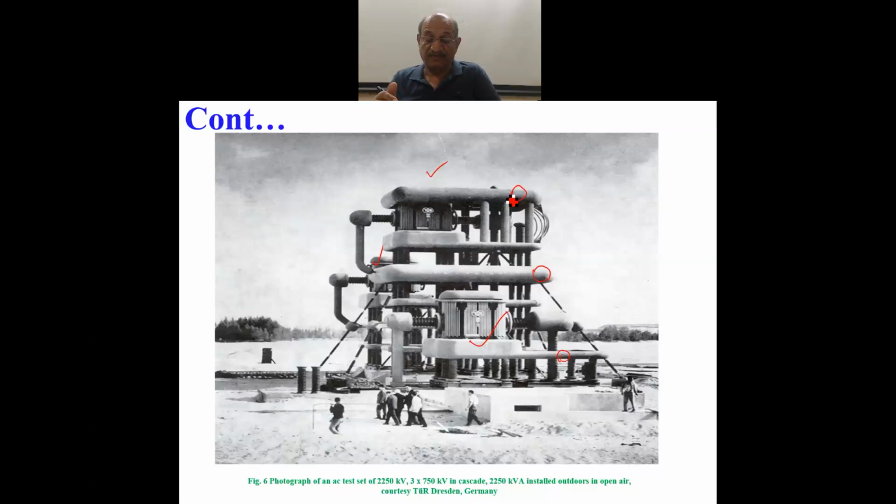In the first stage it is 750 kV, in the second stage 1500 kV, and in the third stage at the top it is 2250 kV. And you can see the human being on the ground. So the whole cascaded test set for 2250 kV AC power frequency generation looks like a giant on the ground. This is what is very typical of high voltage test